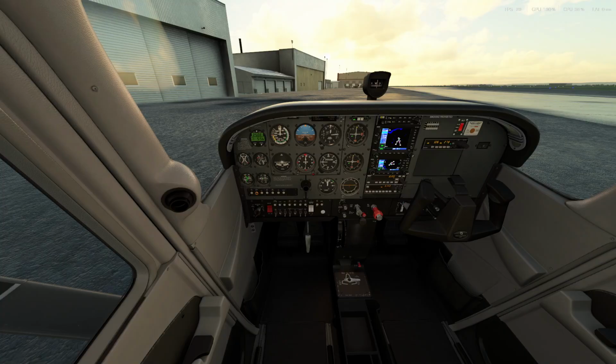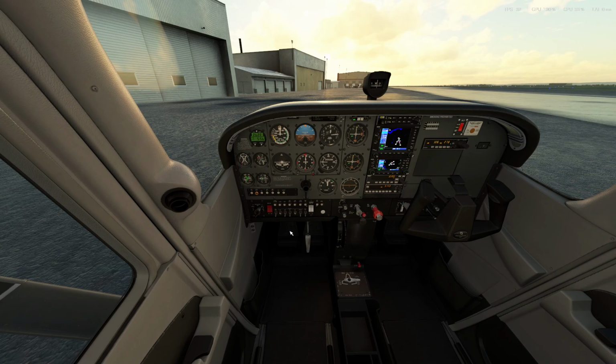Alright, so the first thing we're going to do is throttle up to 1800 RPMs, ignition switch, so we're going to check the ignition system. Left mag, wind drop, good. Reset the brake switch, right mag, wind drop. So basically we're just trying to make sure that the RPM doesn't drop more than 150 RPM, and between the two magneto systems, there's a maximum differential of